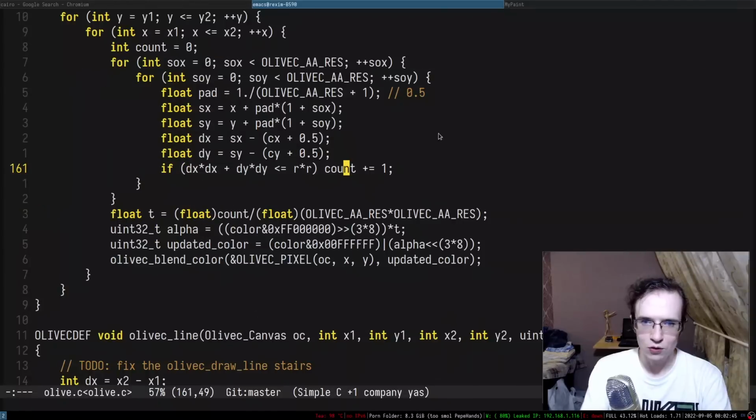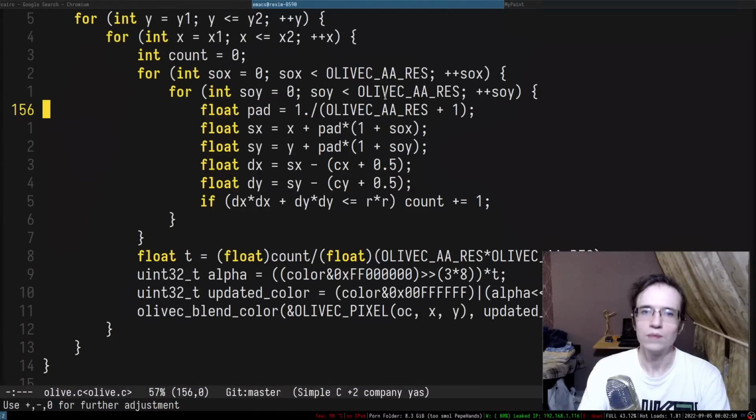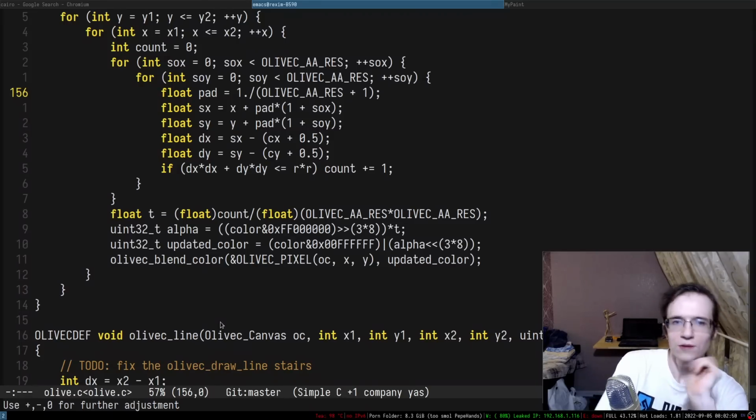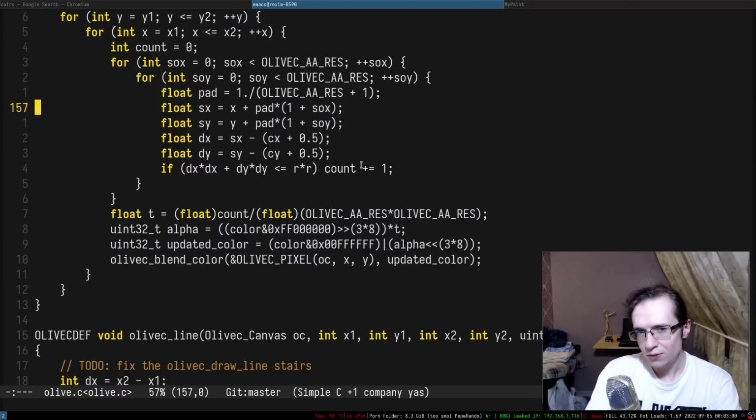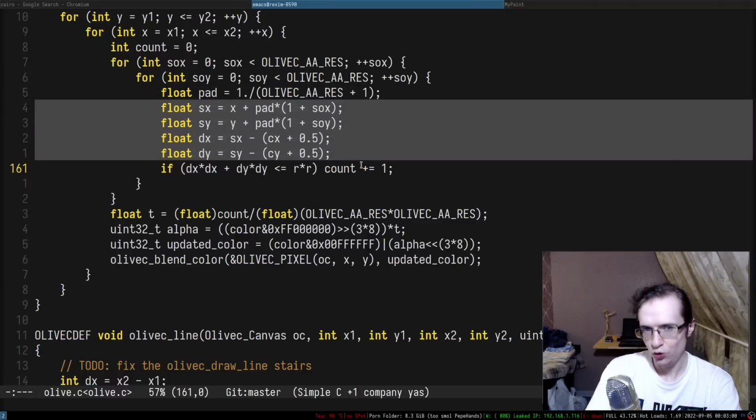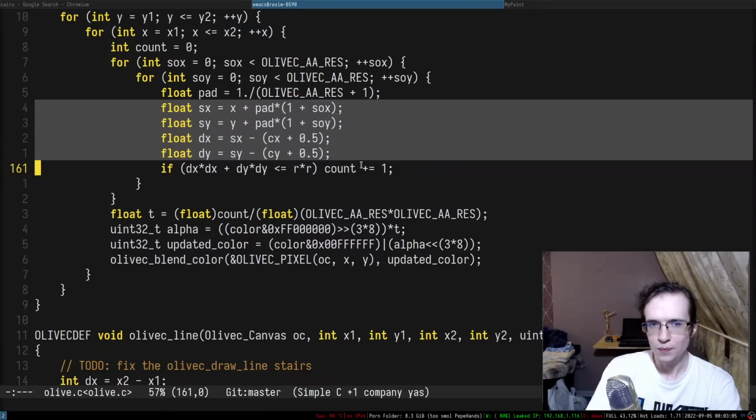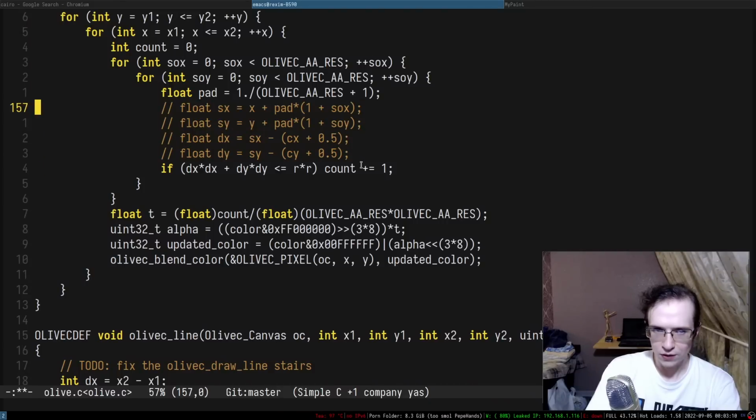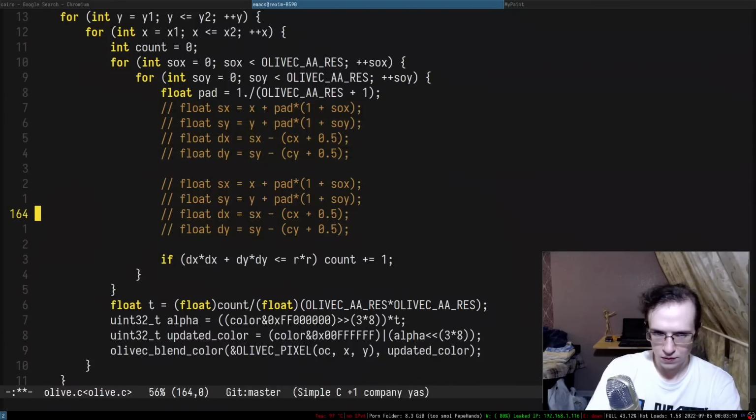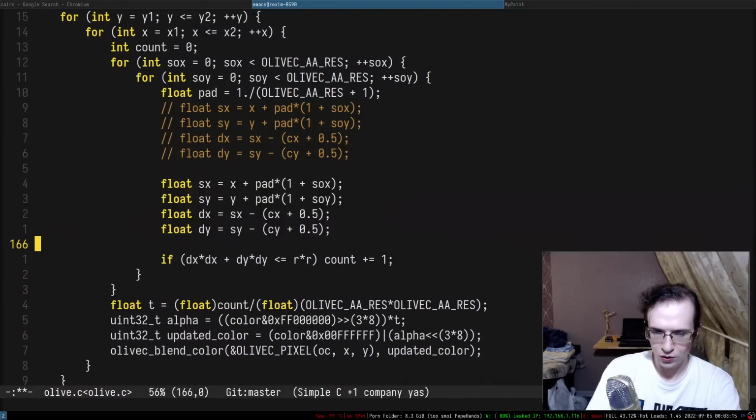Olive.c. So maybe the time has come to commit, and maybe even push. I'm still thinking about how I can turn this into integer. How can I turn this into integer? I can try to save this so that I can start working with this stuff. Let's inline